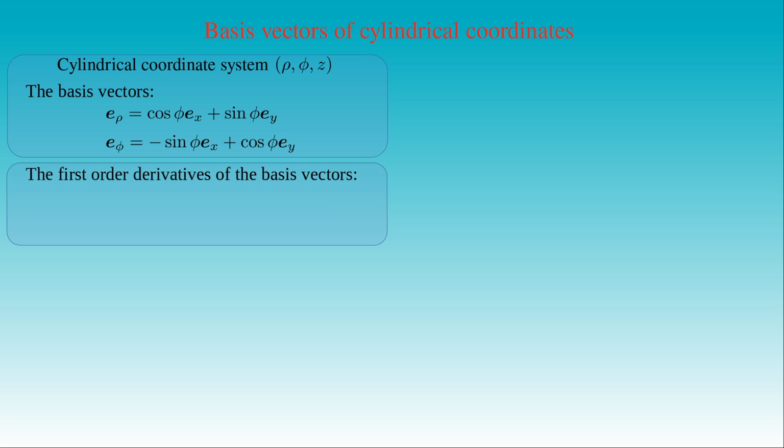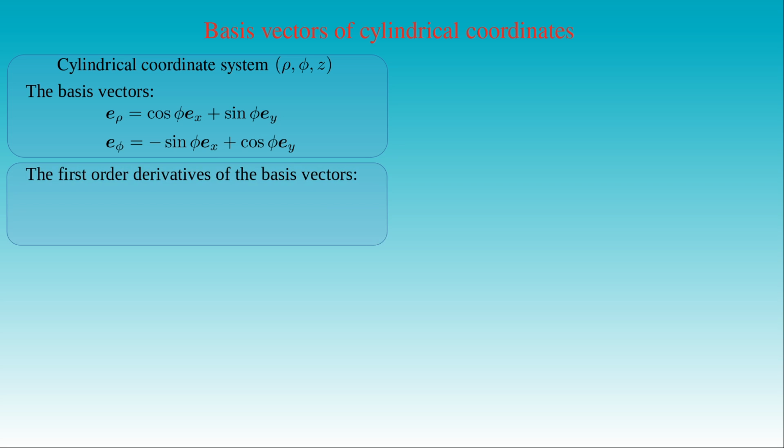If we want to describe the velocity and the acceleration of a moving body in terms of cylindrical coordinates, we need to express the parametric derivatives of the basis vectors as their linear combinations. In the cylindrical coordinate system, the coordinates ρ, phi and z become functions of the time parameter t. Therefore, we have to differentiate these functions in the basis vectors e ρ and e phi with respect to t to obtain the derivatives of these basis functions. Since the basis vector ez does not depend on the parameter t, its derivative with respect to it will vanish, which means it is a constant vector. Let us start with the computation of the first-order derivatives of the basis vectors.